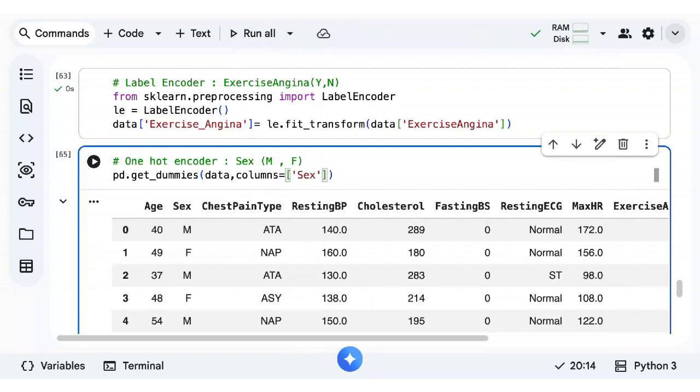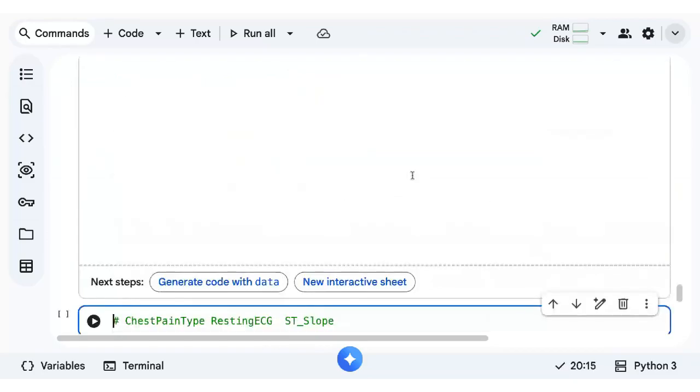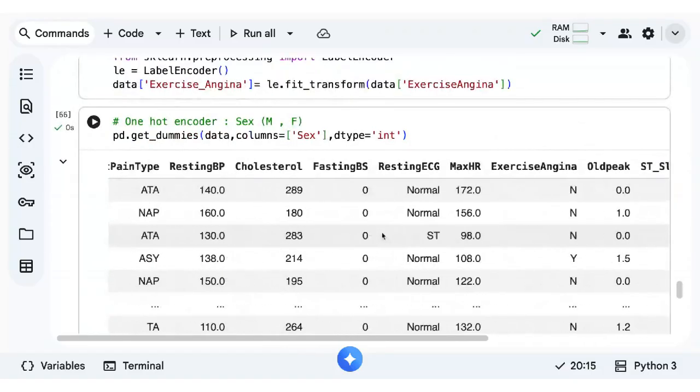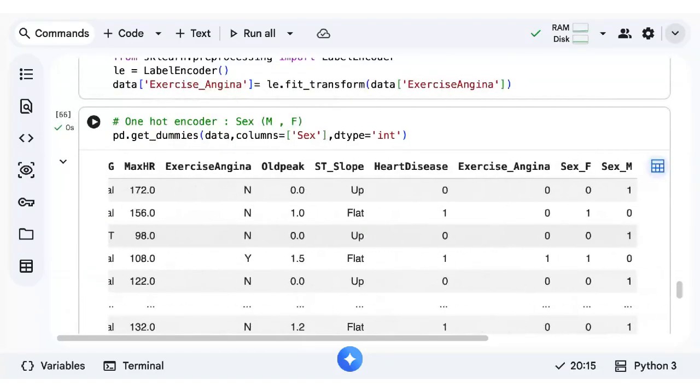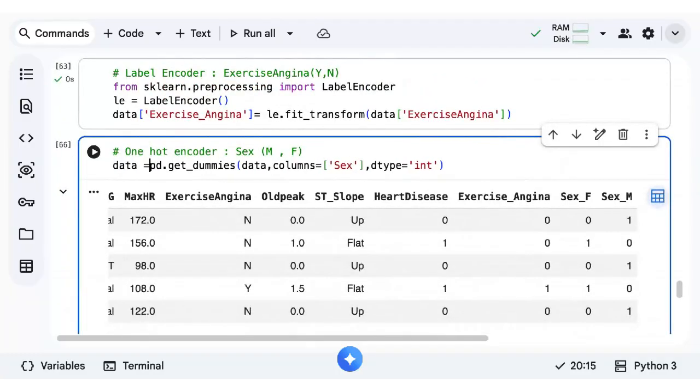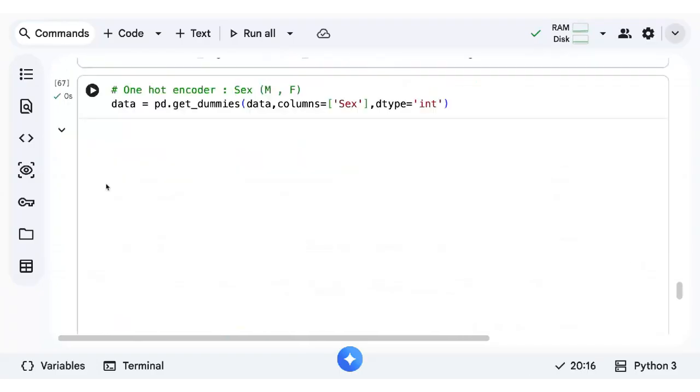And I'll say the data type is integer. See, it creates two columns, one for female, one for male. Okay. So let me assign this code to our data variable. This is how you perform a one hot encoder.